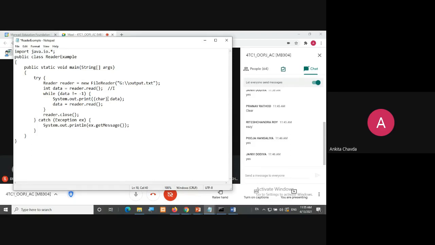Ultimately I need to convert that into a character. Yes or no? So I'll use this character and print it. Now again I'll read that data: data = reader.read, because here I have not taken an array, so I cannot check until the whole array has data.